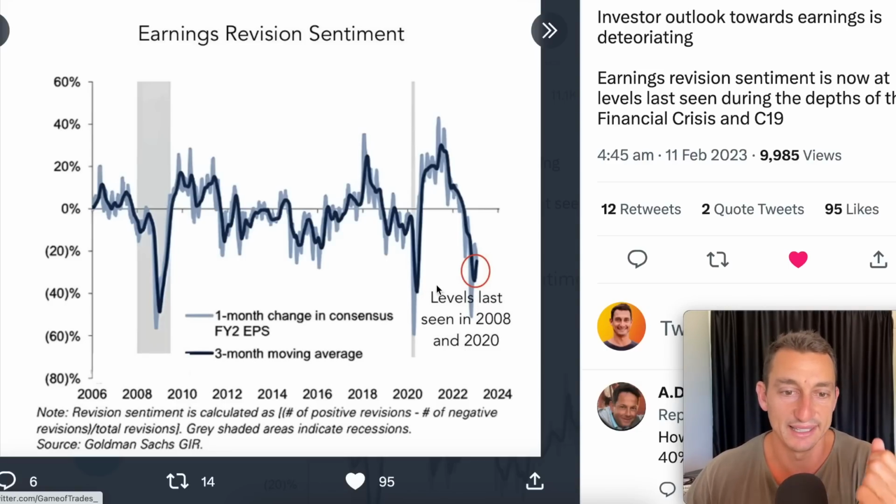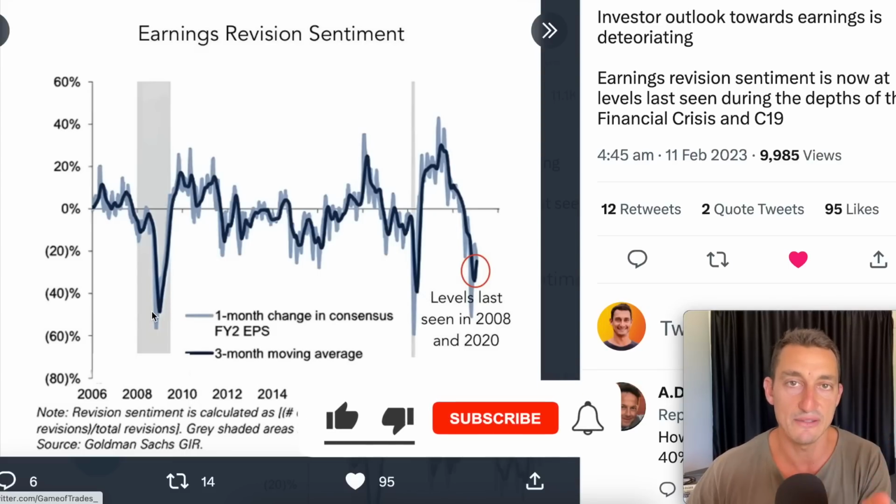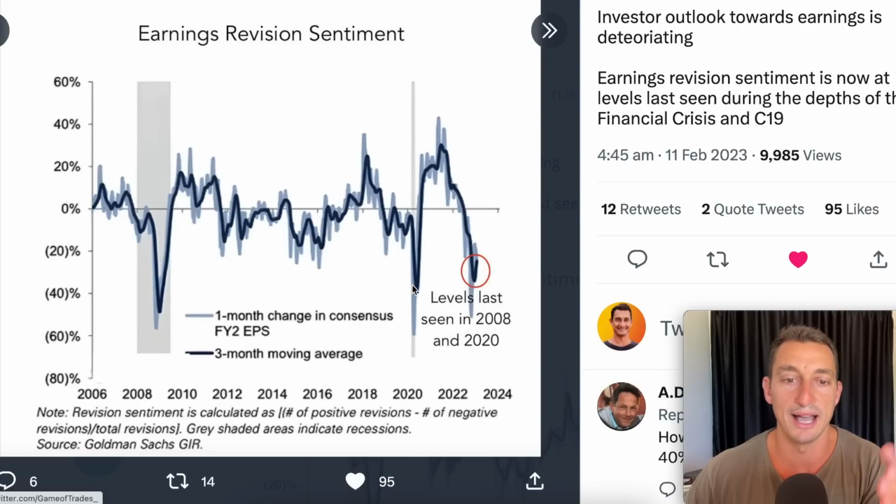This sentiment reading has picked each of those significant crashes in the market over the last 15 years, basically the two largest crashes that we've seen since 2008. There was the bottom there, 2008, 2009, looking at this dark line of the 3-month moving average, looking at it again in 2020. And then after those bottoms, it basically skyrocketed on each of those occasions.